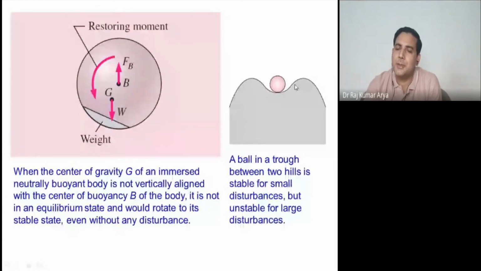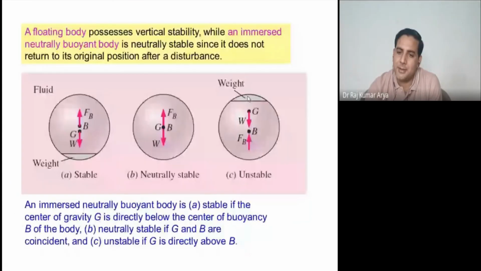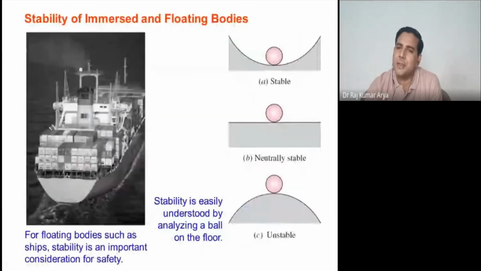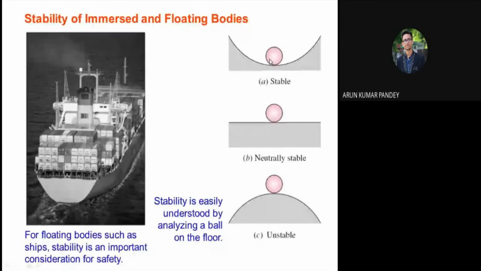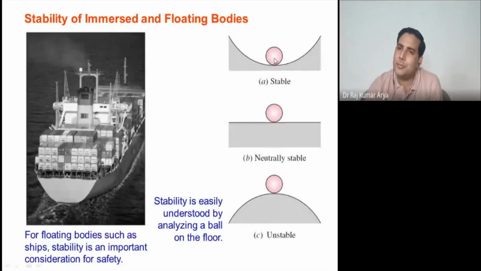But what about your ship? This shape is bound to come back here, just like that. If you are talking about this one, it is bound to come back to the original position. You do not have to do anything here. In this case, you do not have to do anything. But I am talking about the case of a ship, which is not in your hand.